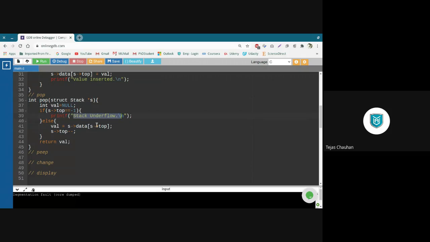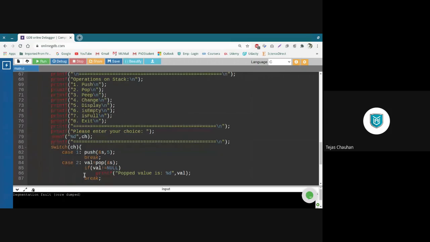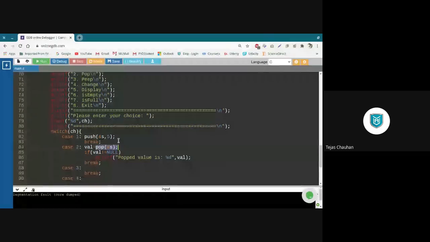The stack underflow message should actually come, and it's not there. Stack S initialization, and when I go for case 2, ampersand S, yeah, there is no problem.